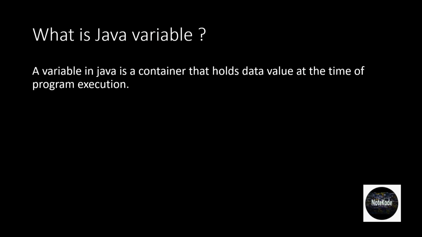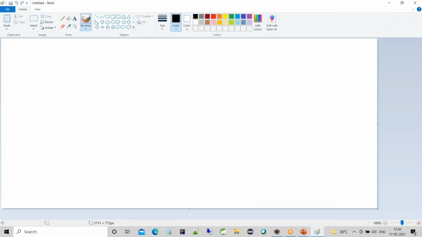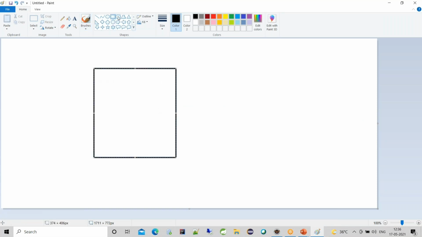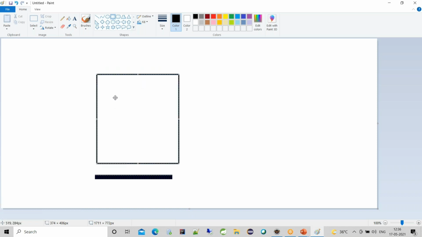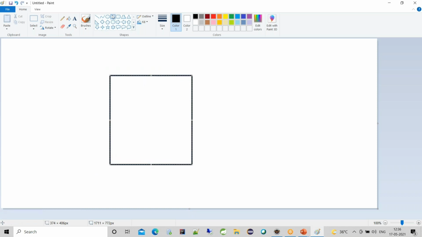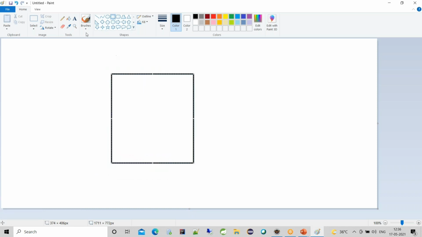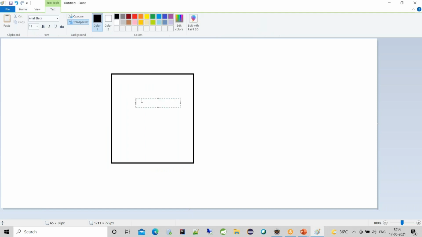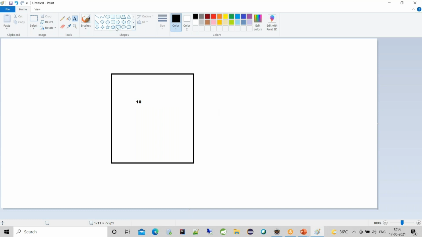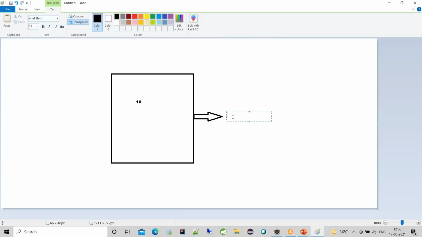Let us understand what a container is. Consider this block as a container. Inside this, I will declare a value, 10. And this 10 value is referred to by a variable a.